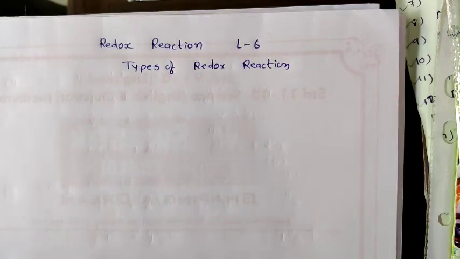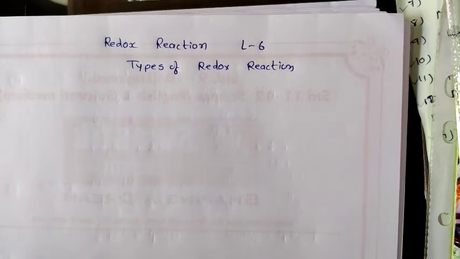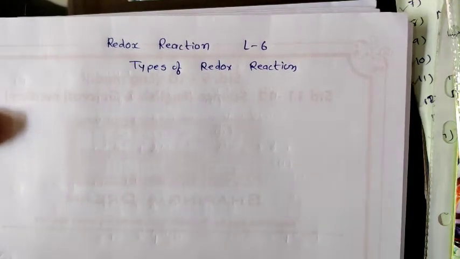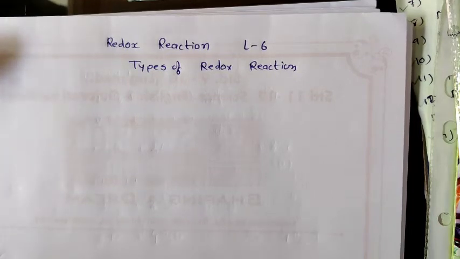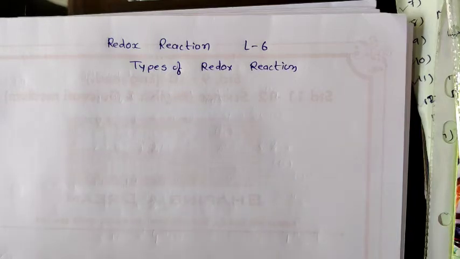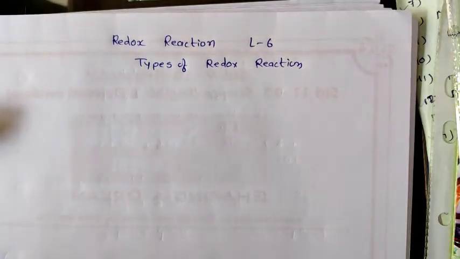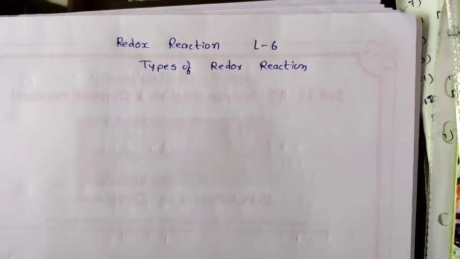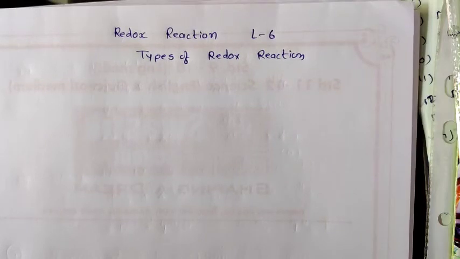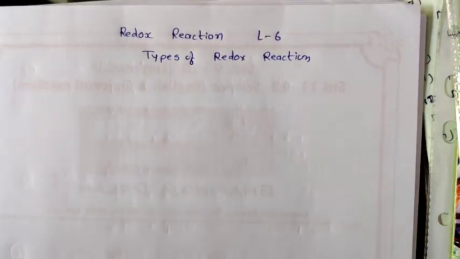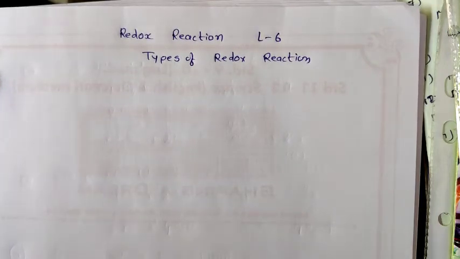Many students have a question in their mind that oxidation and reduction are types of reaction, but no, they are redox reactions. We will explain the types of redox reaction. Oxidation and reduction are not types of redox because they are a redox reaction. So in today's lecture we will explain the basic concept of redox reaction. This is very important for inorganic chemistry as well as physical chemistry.